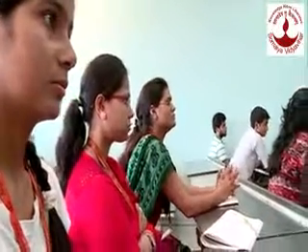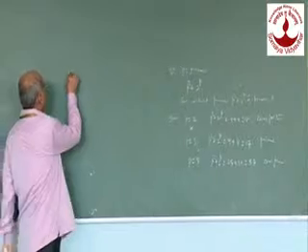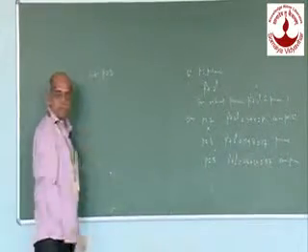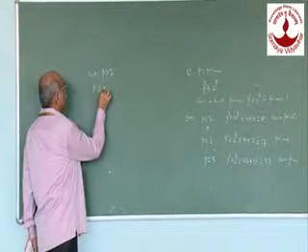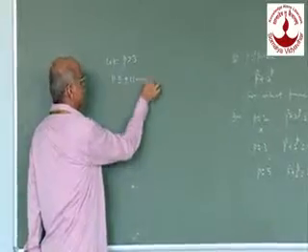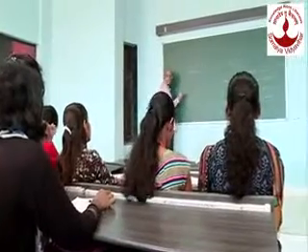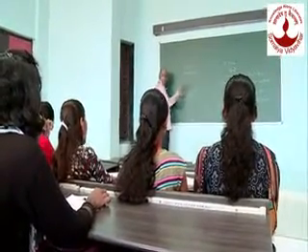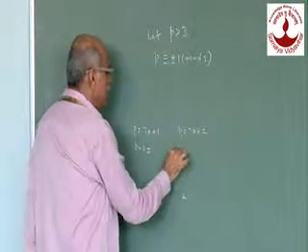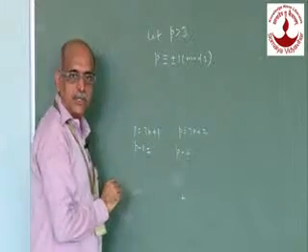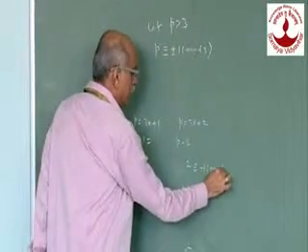So in general, we take a prime which is greater than 3. If p is greater than 3, then p will be congruent to plus or minus 1 modulo 3. I will tell you how. Just now we have said p is of the form 3k plus 1, so p minus 1 is divisible by 3. Here we have taken p is equal to 3k plus 2, then p minus 2 is also divisible by 3. But here this 2 we can write as congruent to minus 1 modulo 3.